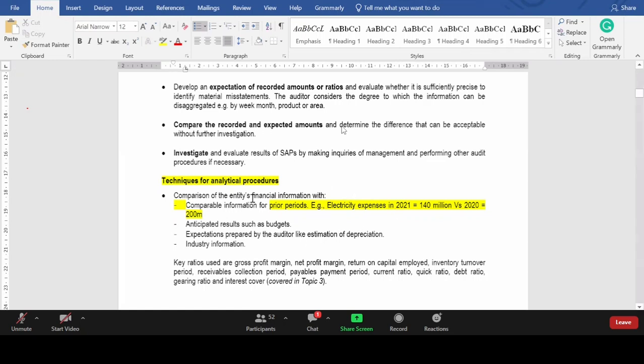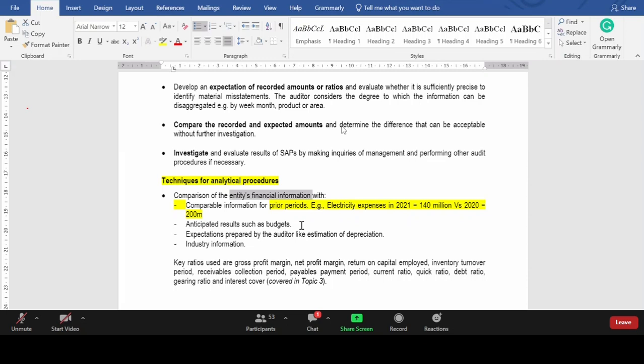Also, you can compare the entity's current year financial information with the budgets. So this is actual and budget. If we budgeted to spend 80 million on salaries, how much have we actually spent at the end of the year? If we spend more, there is a problem. That means we're not following our budget. In cost accounting, they taught you budgeting. We're supposed to follow our budget while we are spending money. We're not supposed to overspend